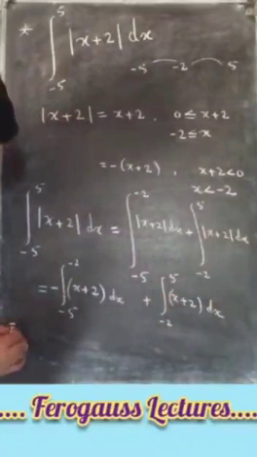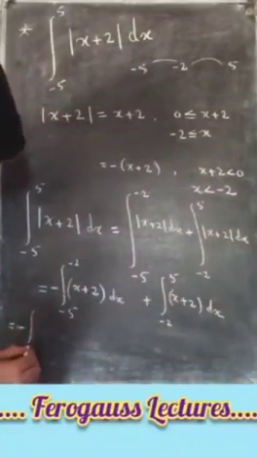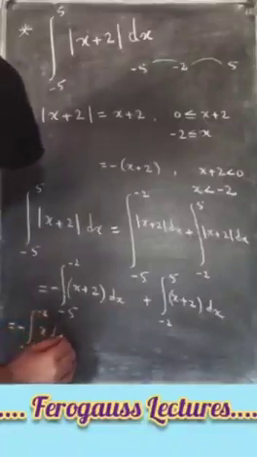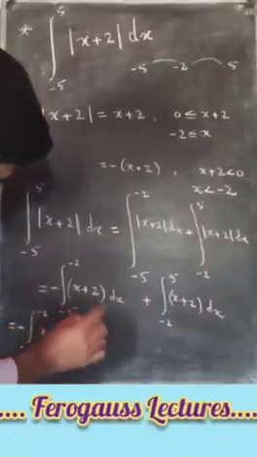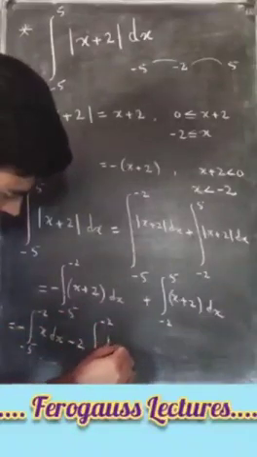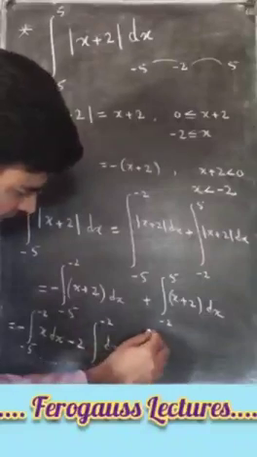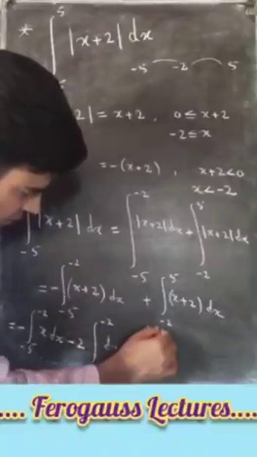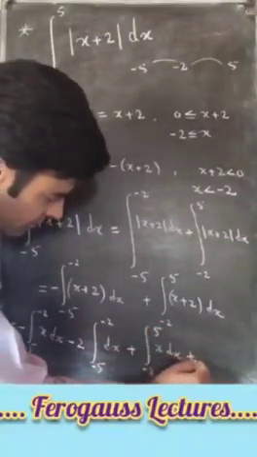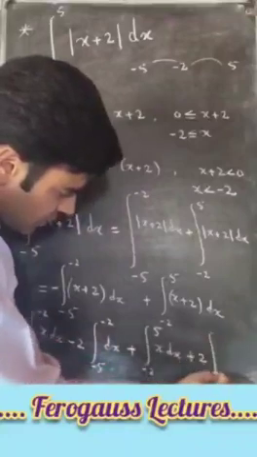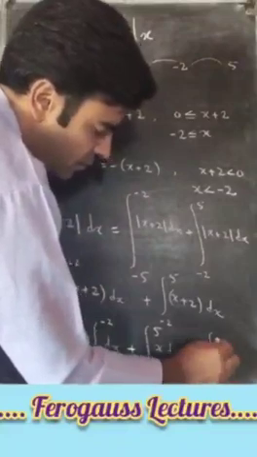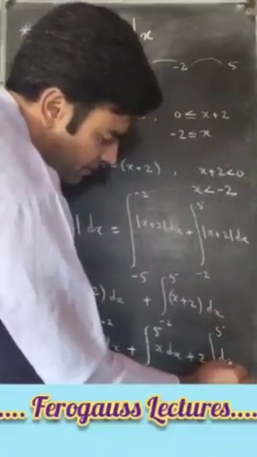That is further equal to minus times the integral from minus 5 to minus 2 of x dx, minus times 2 is constant, so it is the integral from minus 5 to minus 2 of dx, then plus the integral from minus 2 to 5 of x dx, then again plus 2 is constant, so we write it as 2 times the integral from minus 2 to 5 of dx. Okay,